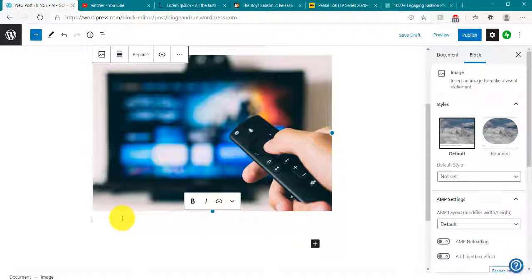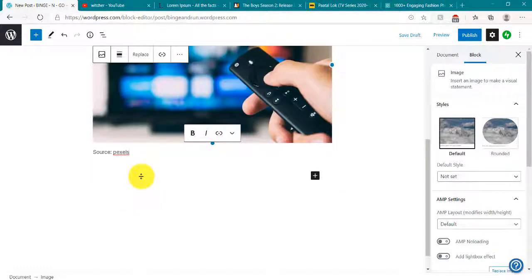Now in the caption, we can add the source if you have taken it from a different website like Pexels or Unsplash or Pixabay. All the links will be in the description so that you can check it out. From these websites you can download pictures absolutely free of cost, and use them on your projects either commercially or non-commercially, it's totally up to you. Now let me just type in the source here. If it's your picture, what you can type here is what the picture is about, what the picture is doing, etc. Okay, so I'm just going to type in it's taken from Pexels. Okay, Pexels, so it is done.